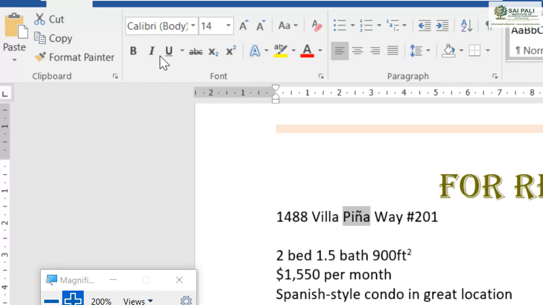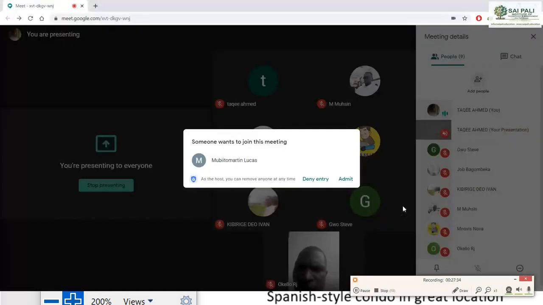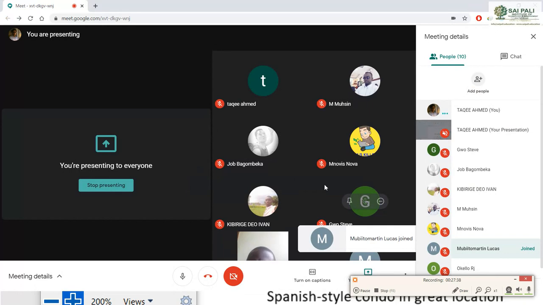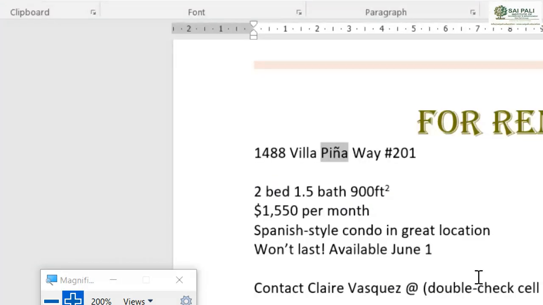Then you can do some underlining also. When you are working on some document, let's say a paper or a book, sometimes you underline some words or some lines or some characters to emphasize them. That means you just want to point out something. So how do you point it out? You just underline that line or that word.